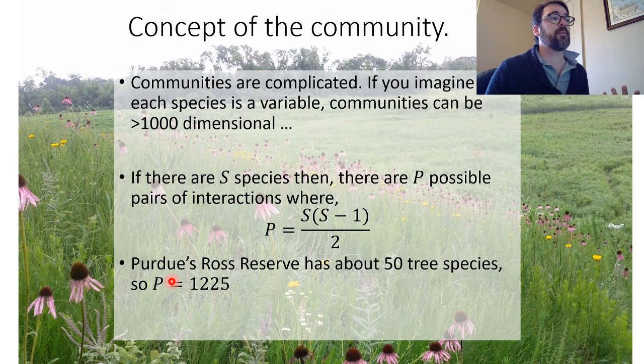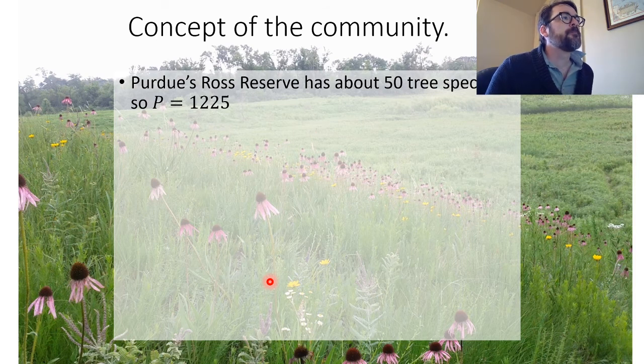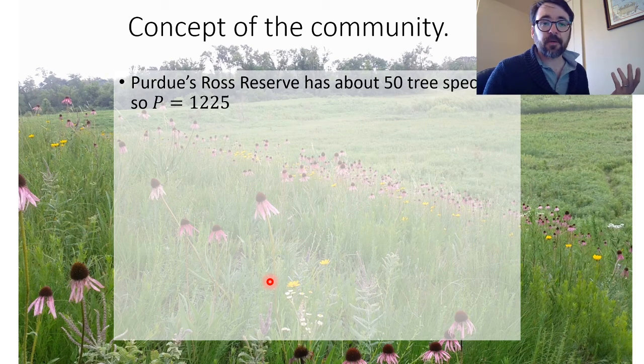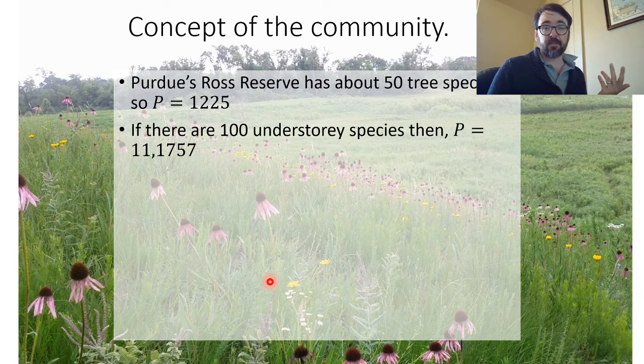Right, so Purdue's Ross Reserve, where we did last week and this week's lab, there's about 50 tree species, and so P is about 1,225 possible pairs of interactions between the trees. That doesn't count situations where one tree might be shaded by 3 other kinds of species. But we can keep going. There aren't only trees out there, right? If I just pick some numbers out of the air, there might be about 100 understory species. So then P goes to